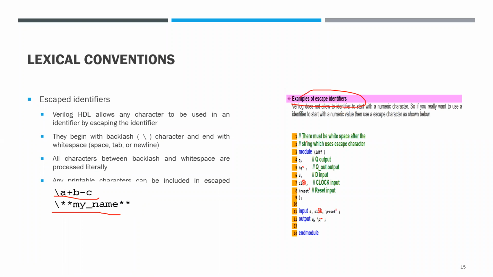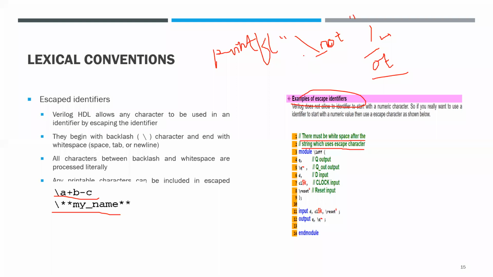As I discussed here, there must be a white space after the string which uses the escape character. Here backslash is the escape character. Similarly, in C programming also backslash is the escape character when you are using printf. You write printf and you want to print something in this form. What is slash n? Slash n is actually enter. So if I print this, one line will be left, enter will be there, and on the next line OT will be present. But I don't want that one.